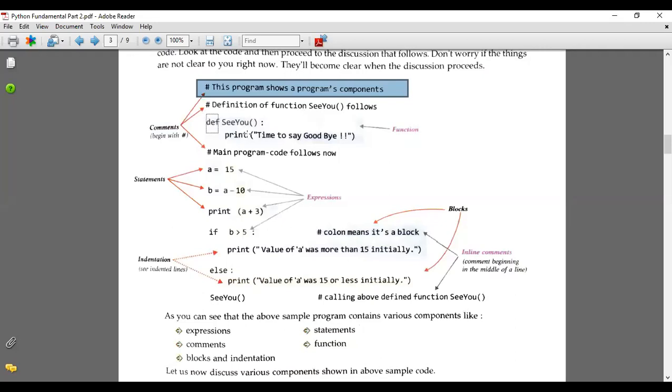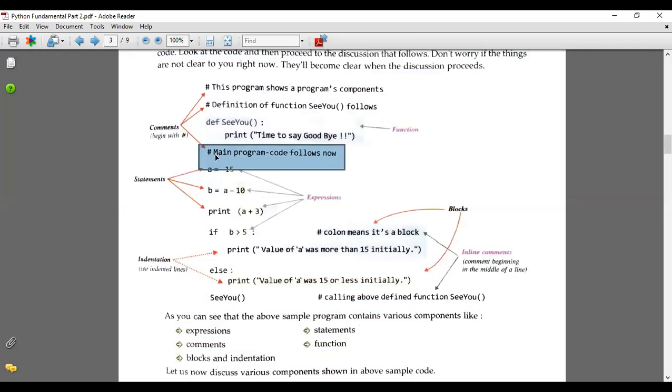Then def, cu. Def means definition. Cu, an open parenthesis, a closing parenthesis, and a colon sign are given. Again, see this: these things come under punctuators, and they are a part of the program also. Now this is called the definition of the function, which means the function is written here. So def cu: cu is a function, and this complete thing is the definition of this function. After that, the main program code follows.